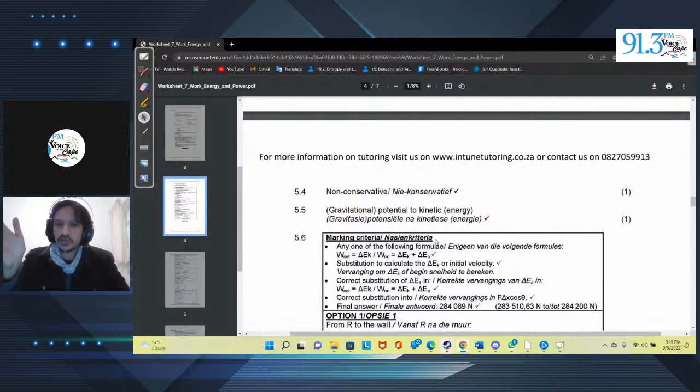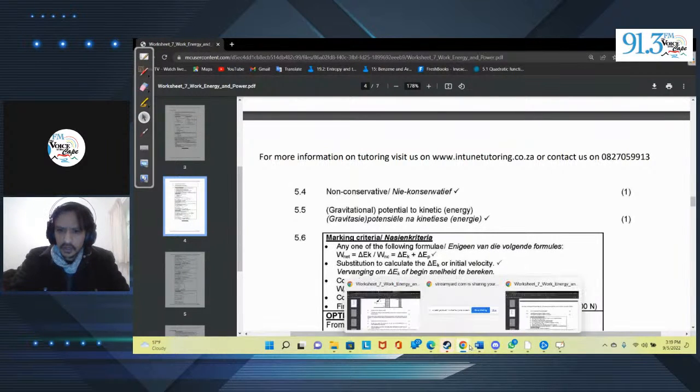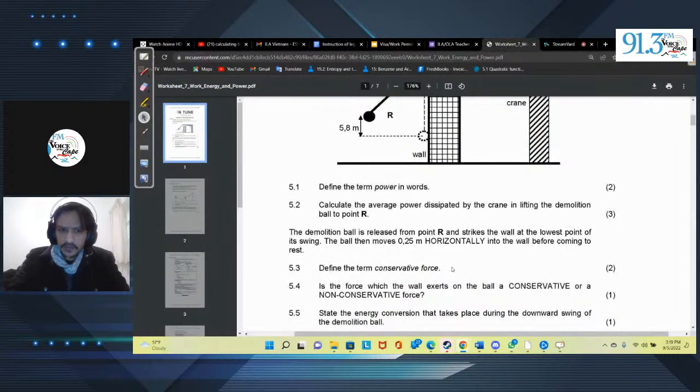Remember, if you have height, you're working with potential energy. If you don't have height, we are working with kinetic energy. Although kinetic energy and potential energy exist in both, the reason they're stating there's a conversion is because potential energy is decreasing and kinetic energy is increasing as our height is decreasing. Now, if we go back here,